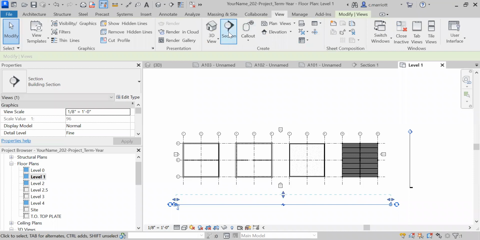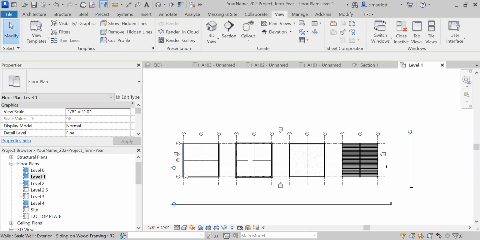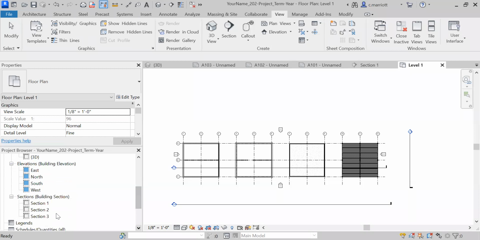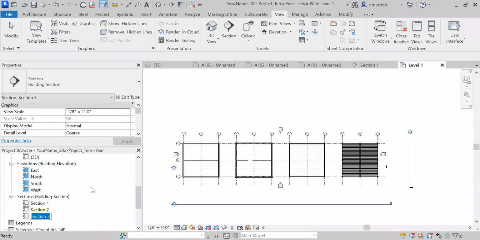So I'm going to go to View and click on Section, and I will make my first section in basically the same place that section 1 was. I'll drag it across the 4 structures, and I'm going to scroll down here to the project browser. There's section number 3. Now at this point, I'm going to rename it. So I've right-clicked on it and I've hit rename. And I'm going to call this one